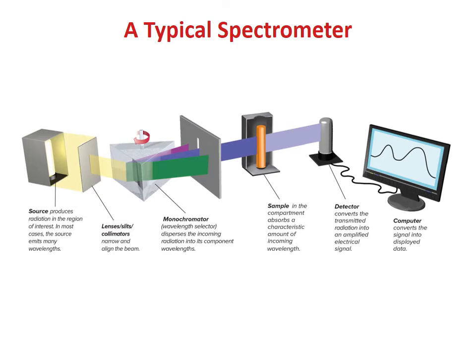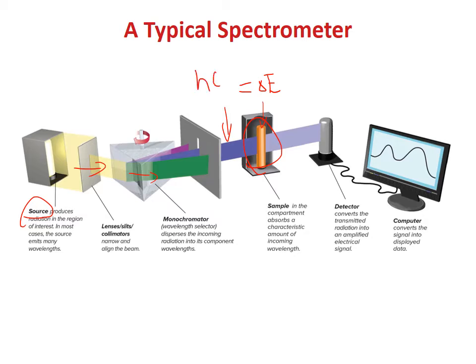Here shows a typical spectrometer, which starts with a source that generates light with many wavelengths. This light goes through a lens and a monochromator, becomes a single wavelength, and this light passes through a sample. If the orbital energy difference of the atom inside the sample holder equals the energy of this light, which is